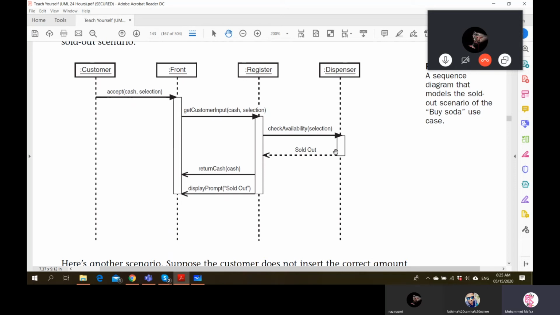Now dispenser is telling the response, it is sold out. So if it is sold out, no need to update the register like in the previous case. If it is sold out, no point keeping the money. So it is calling the return cache function of the front object with the cache, and also it is calling the display prompt with the message called sold out.